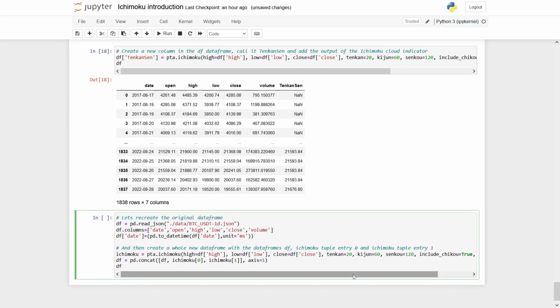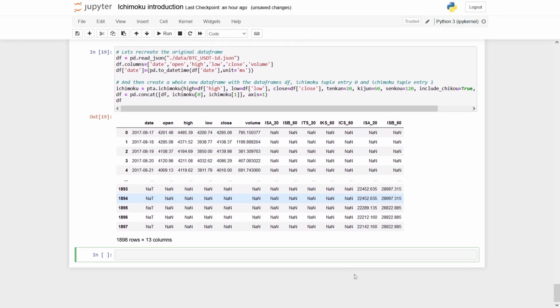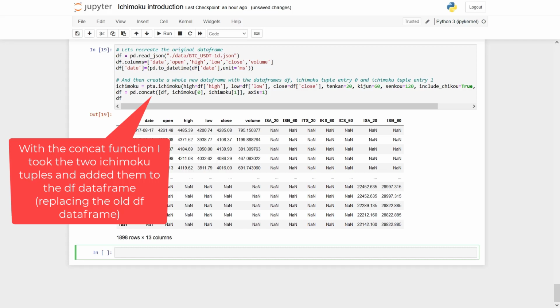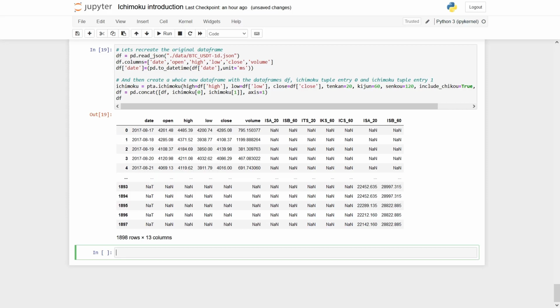And with the help of the concatenation function, I can merge multiple data frames on rows, which is indicated by axis equals 1, so that I can create a whole new data frame with all the information. And you can see the output over here. And you can clearly see that this data frame has 1897 rows. But if you paid attention to the original candles data frame, you could see that there were only 1837 rows. So you can imagine that the additional 60 rows of the future Senkou Span A and B were added to the